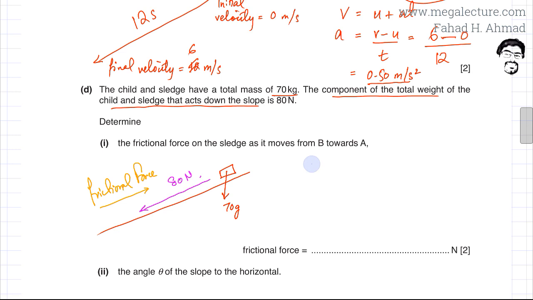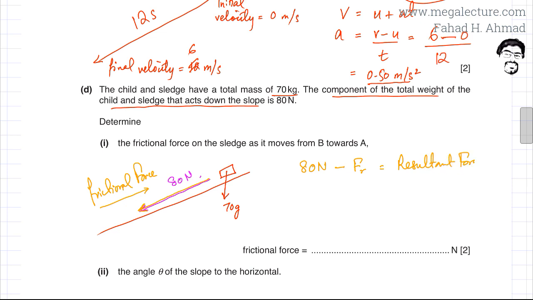So it's basically 80 newtons downwards minus the frictional force Fr. This downwards force is greater because the sledge is moving downwards, it's accelerating downwards. So that means that there's a net resultant force that's acting in the downward direction. So it's 80 newtons minus the frictional force that would result in the net resultant force